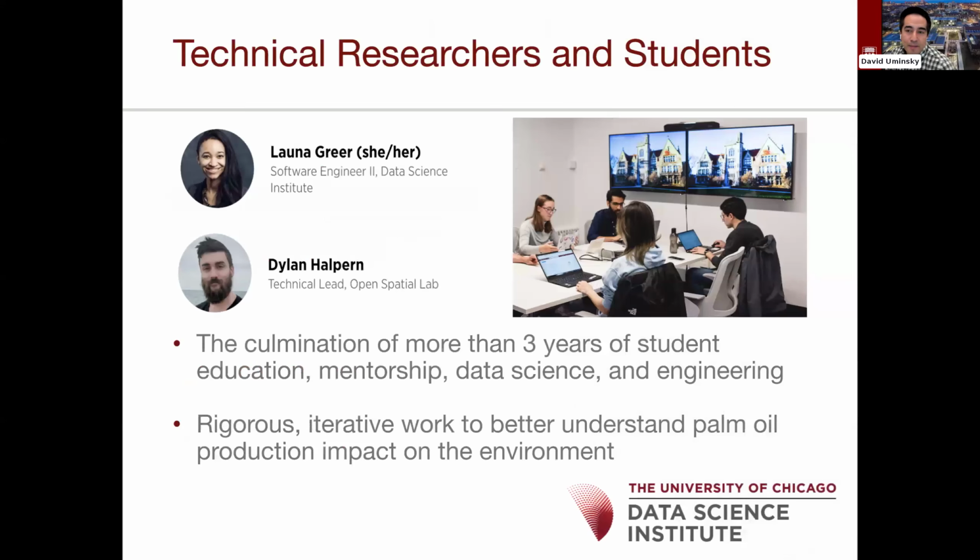All right, so this type of work is actually really core to the mission of the Data Science Institute here at the University of Chicago. The DSI, as formed in 2022, really was about building a new discipline of data science and understanding its impacts on society, on science, and our future. And when we think about how to train the next generation of data scientists and the types of principles and values we put into our education, into our research, and into our partnership and impact work, this is a very good example of the types of projects that check all the boxes, right?